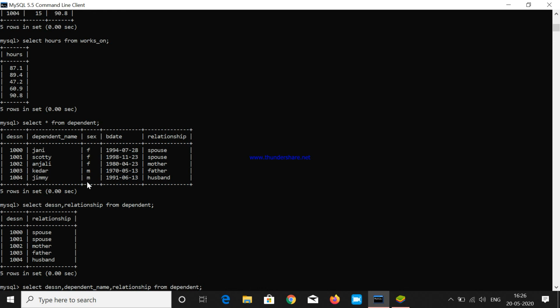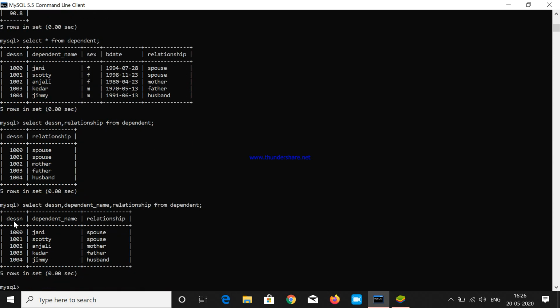After pressing enter I get the DESSN and its dependent and the spouse. The person with the DESSN of 1000, whose dependent is Jani, has the relationship spouse. The employee 1001 with the dependent name Scotty has a spouse. The employee with the SSN of 1002 and the dependent name Anjali, it's his or her mother.